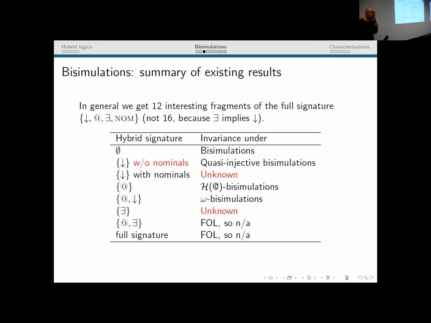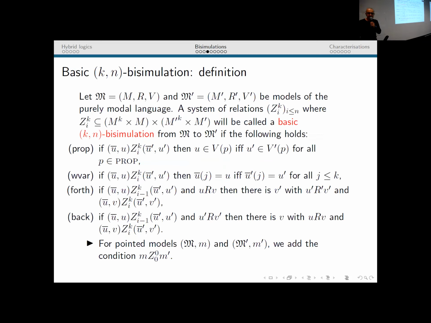Right, so now technical notions. And in the interest of time, I'll jump over them quickly. At the basic level, we work with relations that take 2 parameters, k and n. K counts